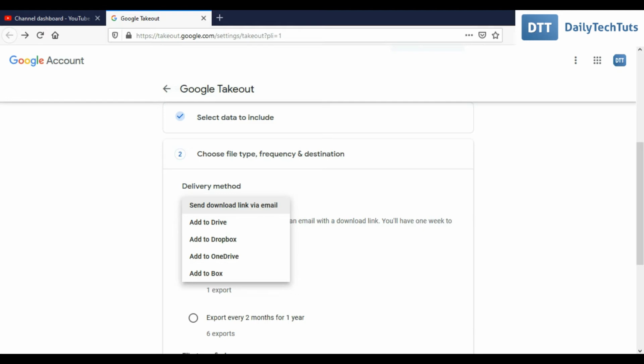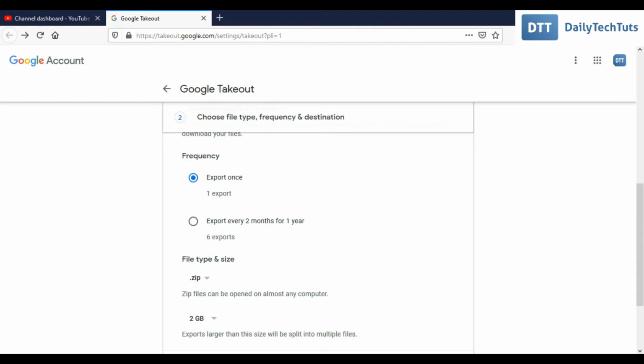Suppose the backup file size of your YouTube videos or YouTube channel is suppose 20 GB. So make sure that 20 GB of free space is available in your cloud storage account also, otherwise the backup will fail. So in this video I am selecting send download link via email.